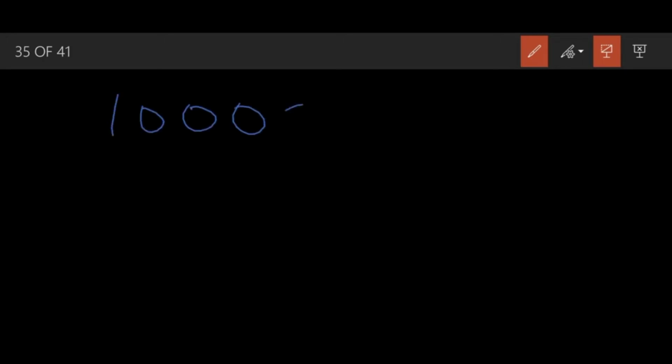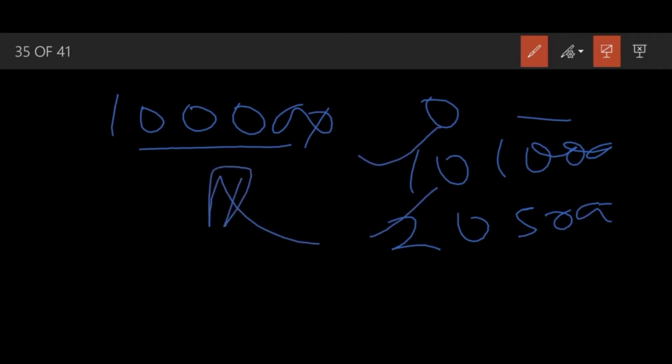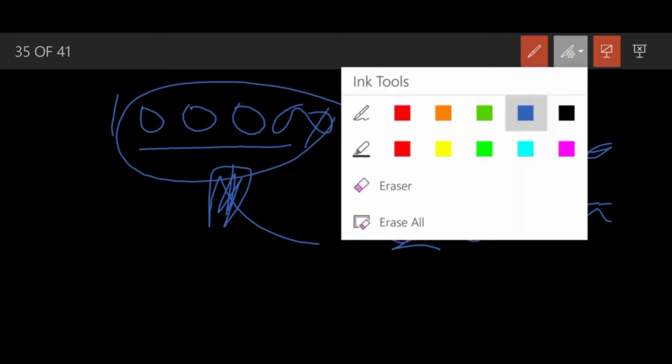Suppose the fixed cost is 1 lakh. It will be 1 lakh whether I produce 0, 10, or 20 units. So the cost per unit at 0 is nothing. But the cost per unit at 10 will be 10,000. Then at 20 it will decrease to 5,000. So as you can see, it is the nature of fixed cost that the cost per unit will be different, but the total amount will remain the same. It is a feature of fixed cost only that the cost per unit changes, but the total amount is constant.